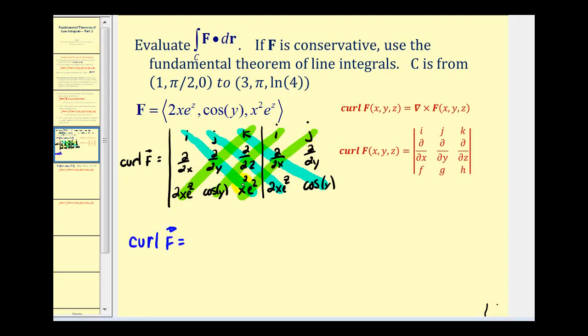So the partial derivative of x squared e to the z with respect to y, that would be 0, plus the partial derivative of 2x e to the z with respect to z, that'll give us 2x e to the z,